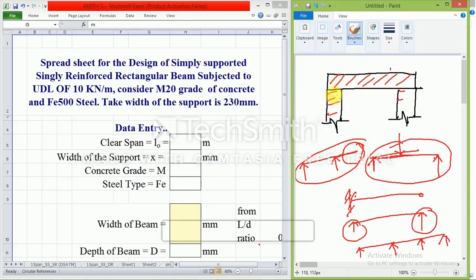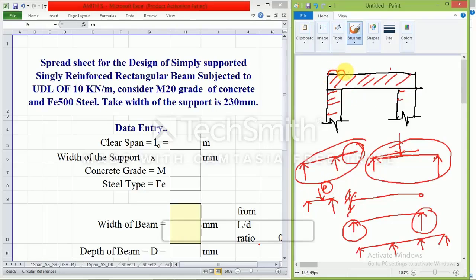So at the ends, the beam is supported at the ends and the load is acting upon the beam. So let us see the question, what is the type of load that is acting upon the beam? That is, they have been given UDL, uniformly distributed load. If in the simply supported beam, I give like this, then it is called as concentrated load, but they have been given uniformly distributed load.